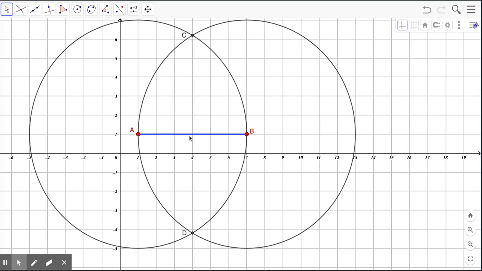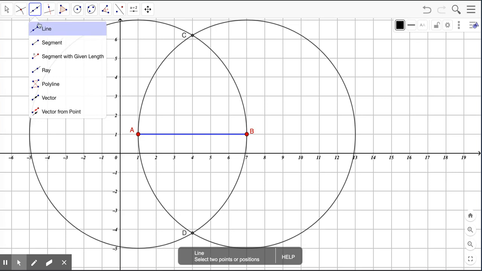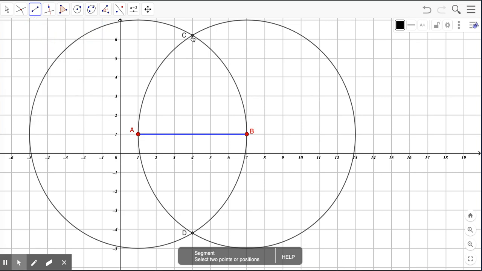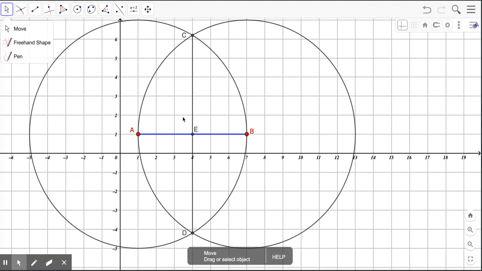I'm going to draw a segment from C to D. So we come to the line toolbar, we choose segment, and I'll click on C, and then I'll click on D. Now, one more time, the intersect button, and put a point there. We could now say that this is a perpendicular bisector, but to show you that it is a perpendicular bisector,